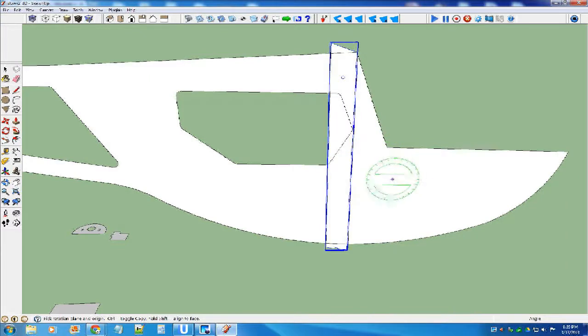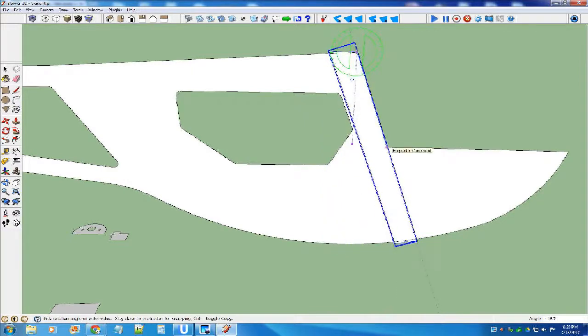So once you have that locked on here, sometimes it's really hard because it keeps switching, especially if you have different angles. So what you want to do is once you have it hovering and you have the proper axis, then just hold down shift, and now you're locked. No matter where you go, it'll be on that axis. And then click it where you want it, and I want to line up with the front edge of this windshield, so